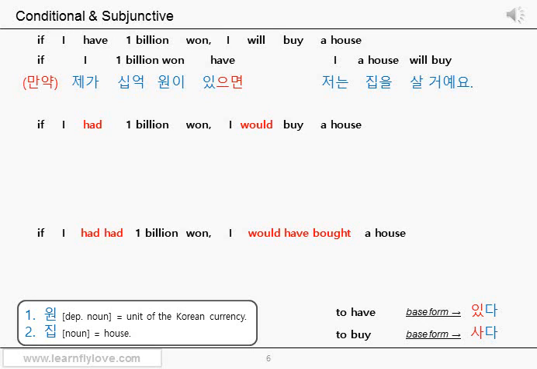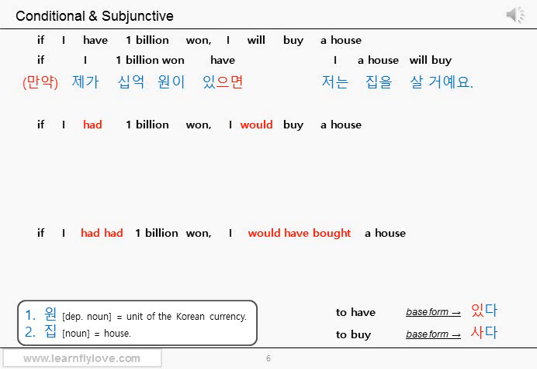It is not important if there is a real possibility or not. The existence of the real possibility will be determined by the context or speaker's intention, not by this sentence itself, okay? Let's see 저는 집을 살 거예요 part again. 살 거예요. This 살 거예요 part does not tell if it's realistic or non-realistic either. It just shows that it's your mild intention or future. That's it. So in Korean, you can say that there's no clear difference between just conditional and conditional without a real possibility. In other words, subjunctive mood.